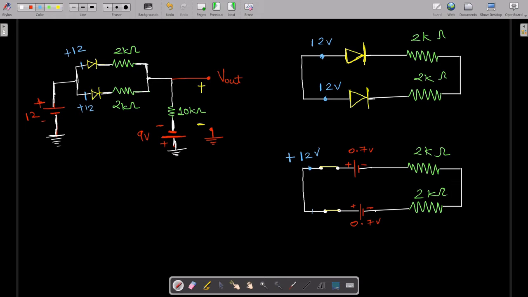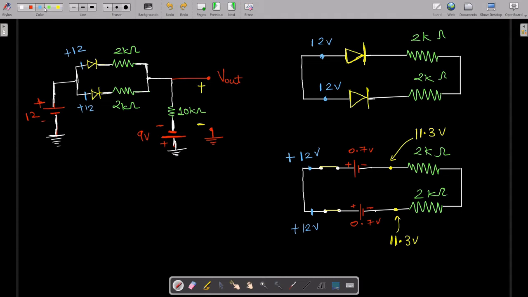And here also you are getting plus 12 volts. Now if you try to apply this 12 volts over here, when it approaches this point, it would be 11.3 volts. Here the voltage would be 11.3 volts, and here also the voltage would be 11.3 volts. Why? Because this 0.7 volt is connected in the opposite direction to the plus 12 volts. As you can see, it's something like this.